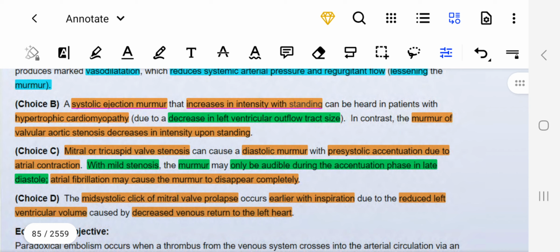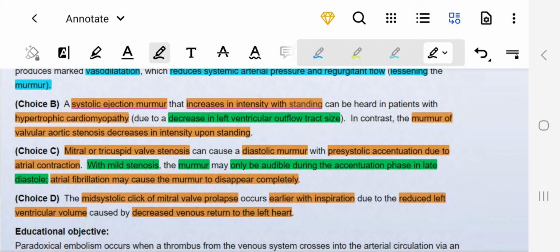Okay. For example, in hypertrophic cardiomyopathy. What will happen in hypertrophic cardiomyopathy? Let's say if this is the heart, right? Here there will be thickness over here, right, in the left ventricle. So